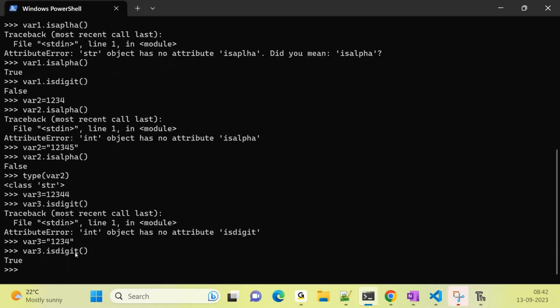So isalpha and isdigit both work only for string type. It is not going to work for integer. So whenever inside the string, whatever you get, either it is a number or alphabet, it is going to check whether it's a digit or alphabet, because whatever you get from input is always string, you remember? So if you want to convert that to integer, for example, if the user is giving 1, 2, 3, 4